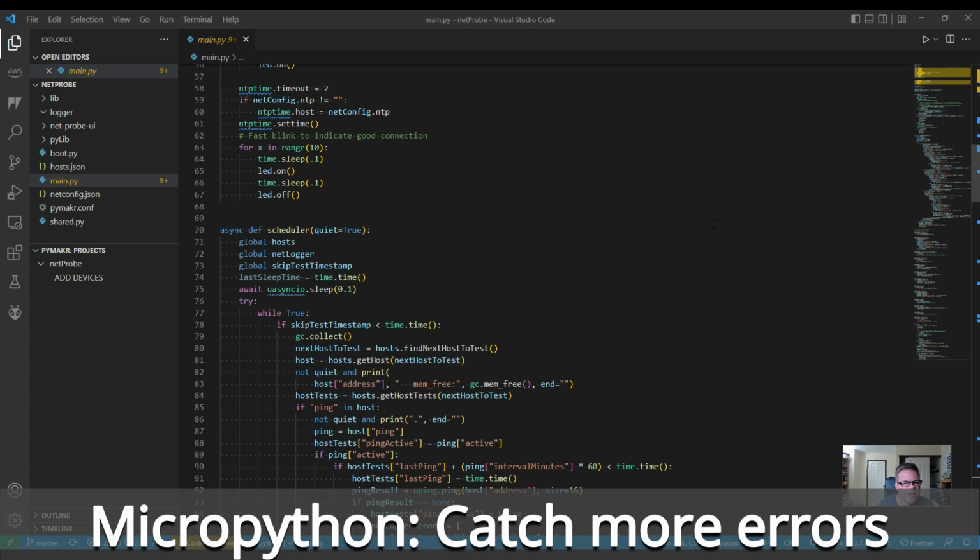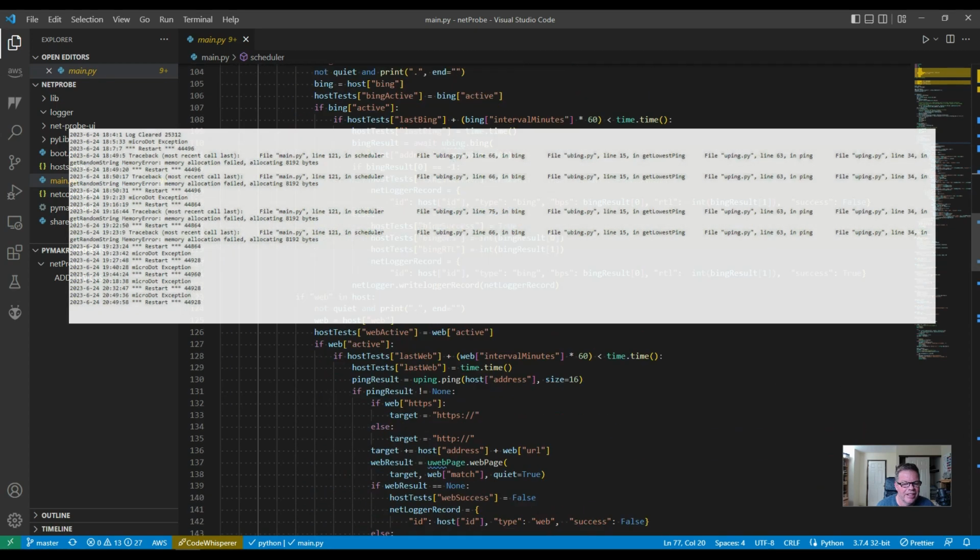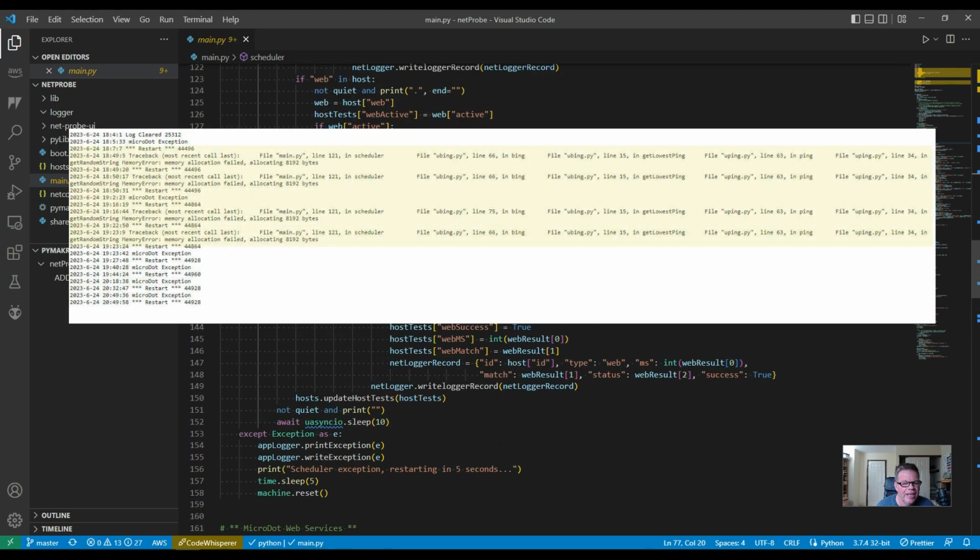Okay, moving over to the Python code running on the ESP32. I had to make some changes in here. So one big problem I ran into was with the scheduler. So remember, that's running in the background as a synchronous process, and if I got an error anywhere in the code in here, then the